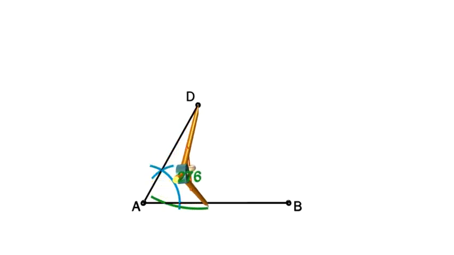Alright, scribe an arc that cuts the line segment at 2 points. Now I only scribe that arc when I'm 100% certain that it's going to cut the line segment at 2 points. Now, where that arc intersects AB at these 2 points, I'm going to use these 2 points as center